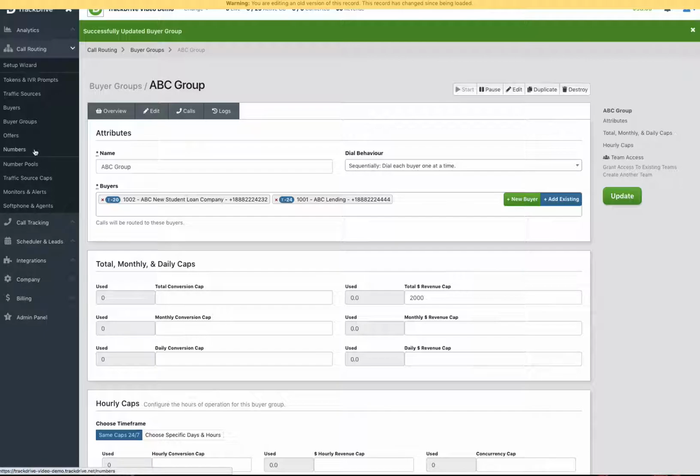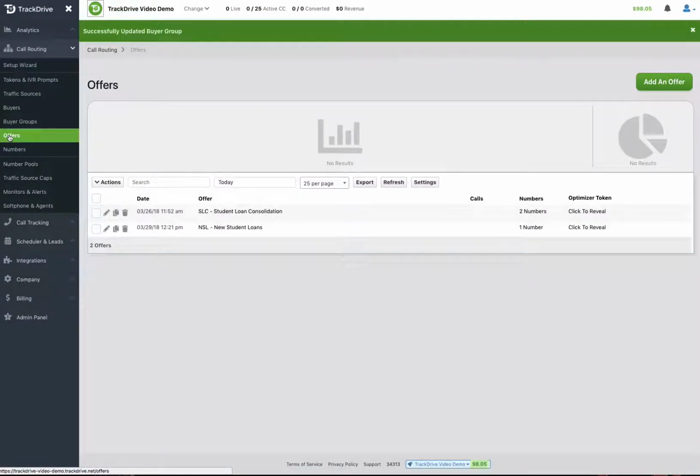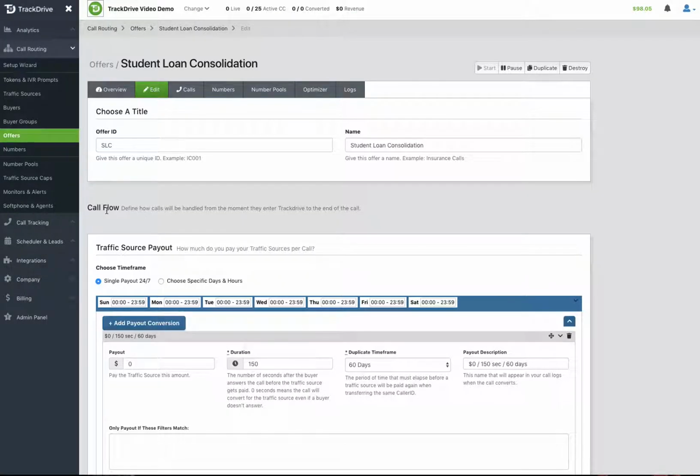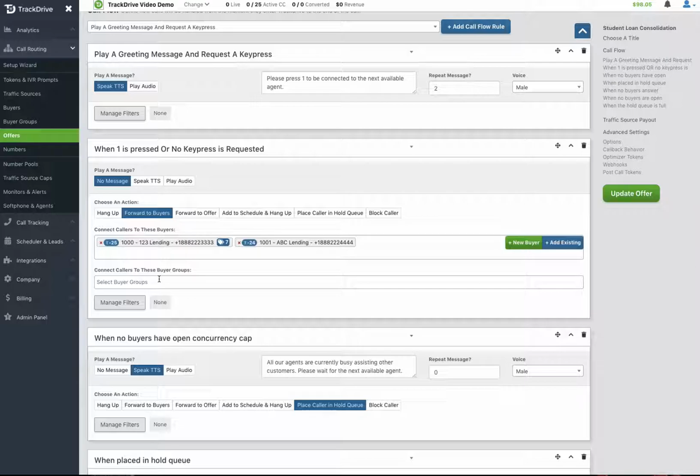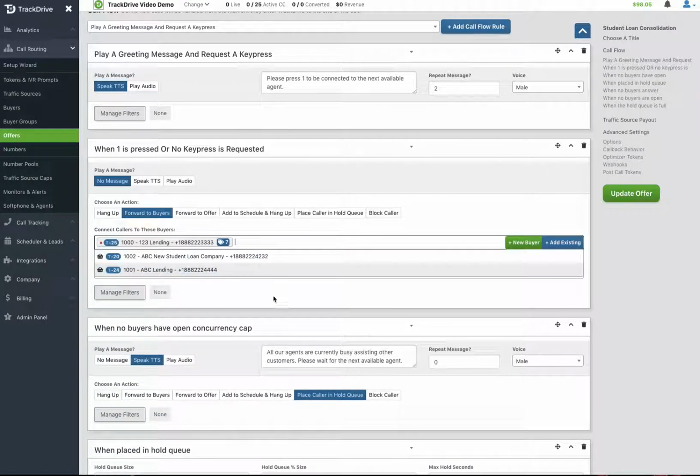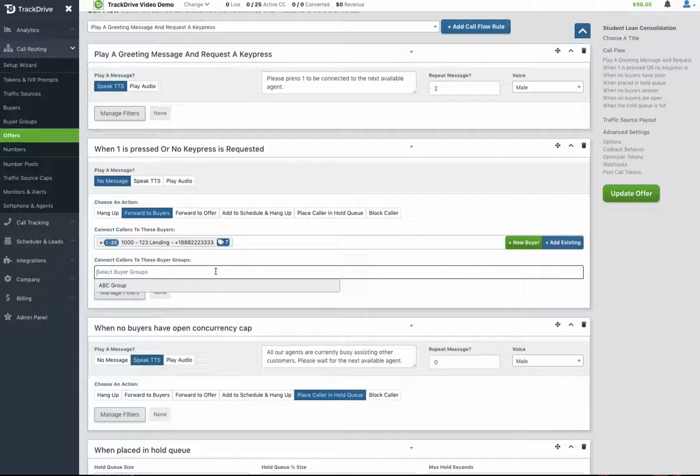is in the offer, instead of listing individual buyers, I'm going to list for the routing the buyer group. Okay, so I'm going to get rid of, let's just imagine I was adding that second ABC lending. Had I not had this listed here, and I had the ABC group here, okay, the buyers in this group are going to fall in as if they're listed individually and route based on their tier and weight,